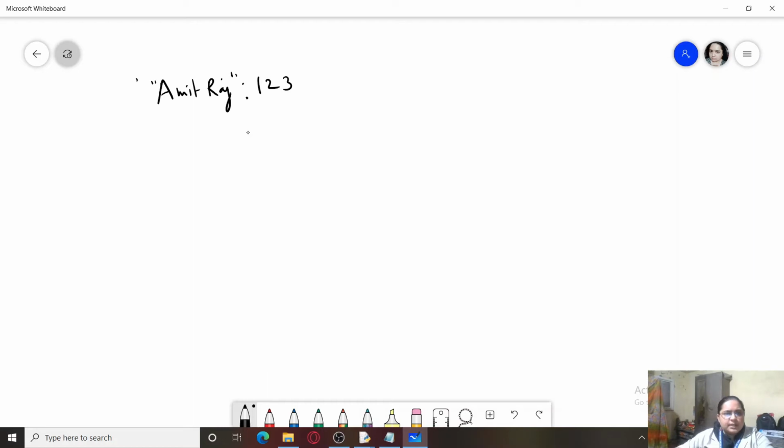Normally in a dictionary it would be saved like this. Then the second name was S. Velan, and his phone number was something like 456, and the last one was Kavita Rao, and her phone number was 789. So this was one dictionary object which you saw here.